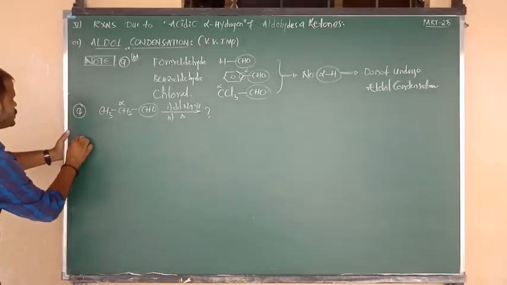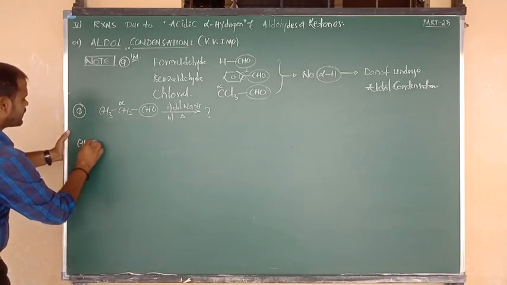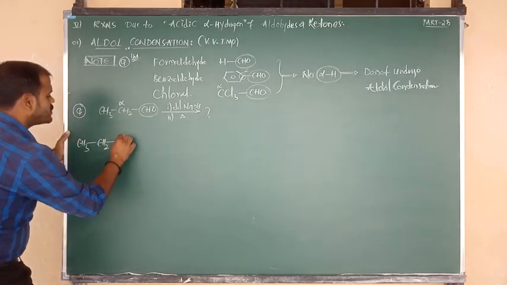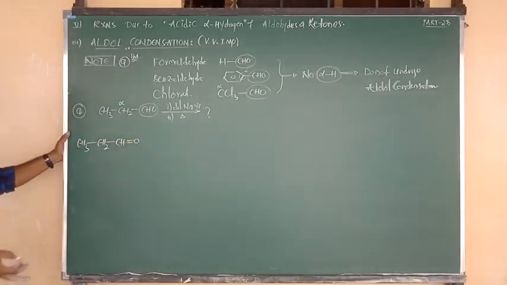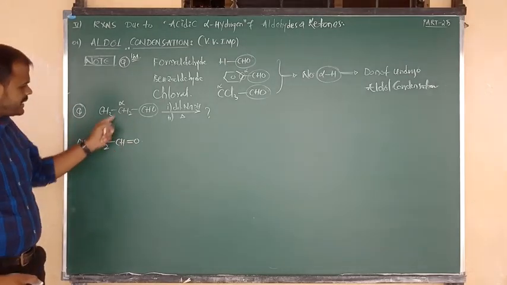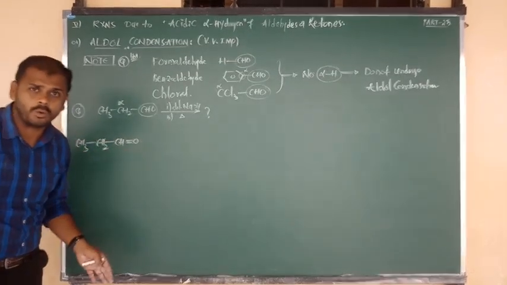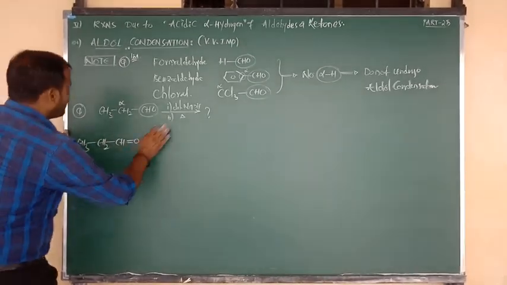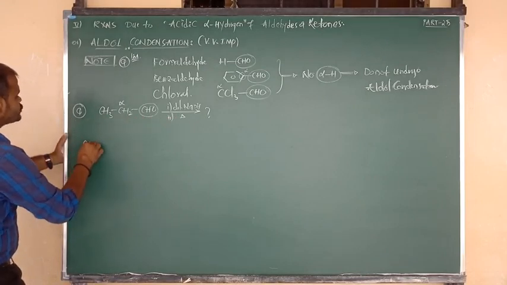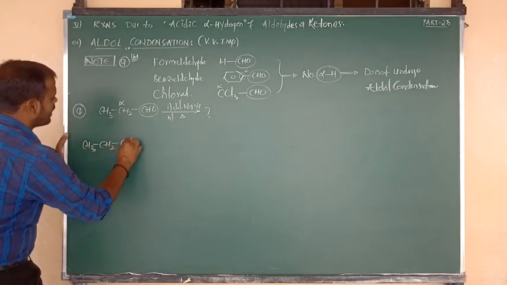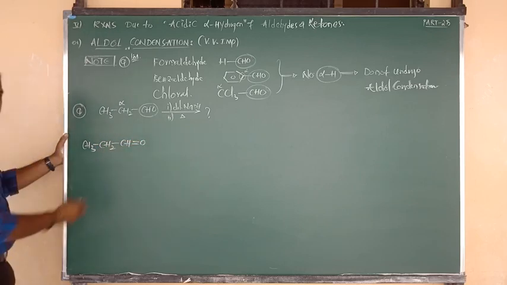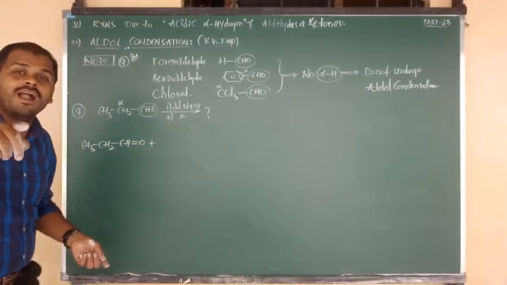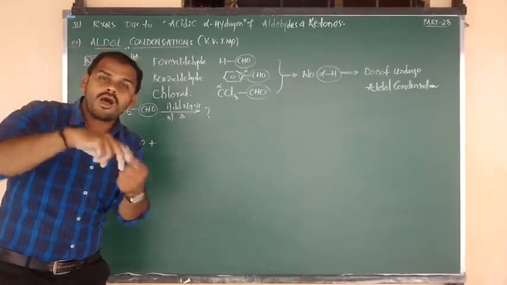So I am going to write the reaction shortly. Answer is CH3 bonded to CH2, connected to CHO, and also we can say CH double bond O. No problem? CH3 bond CH2, C double bond OH, otherwise CH double bond O. Like that you can write, no compromise. You can write as it is. Okay, fine. But actually as per aldol condensation, we have to consider how many moles of aldehyde? 2 moles of aldehyde. This is aldehyde number 1. Now I am going to consider aldehyde number 2. But in that second mole of aldehyde, we have to focus on alpha hydrogen.